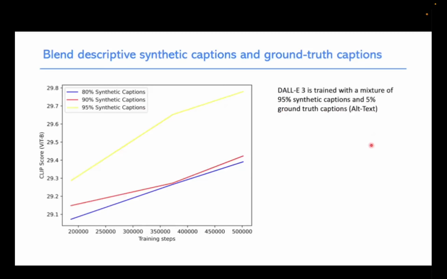But actually, DALL-E 3 is trained with a mixture of 95% synthetic captions and 5% ground truth captions. Why? Because if we only use synthetic captions, we may overfit to the regularity in the generated captions. For example, when the model generates captions, it's very likely that they start with "A" or "An" to describe an object,